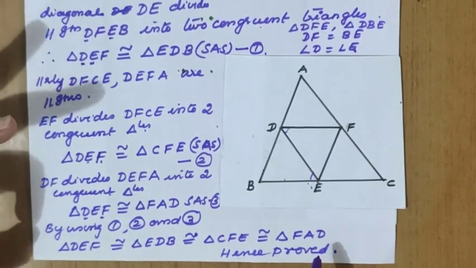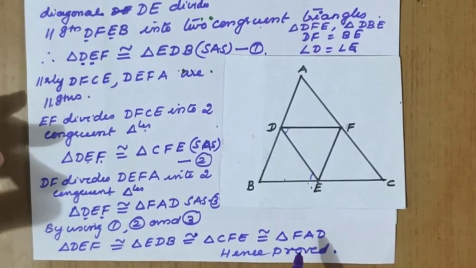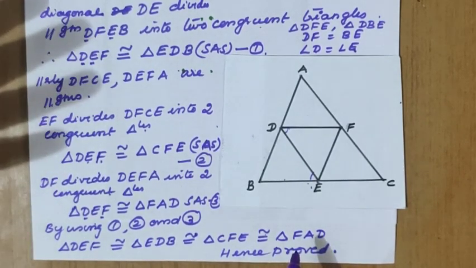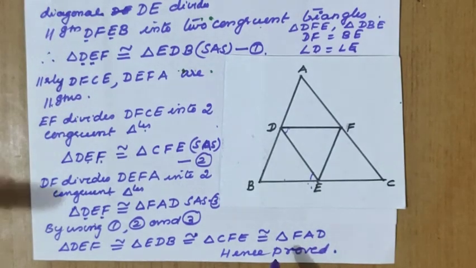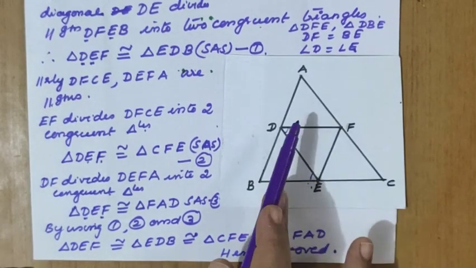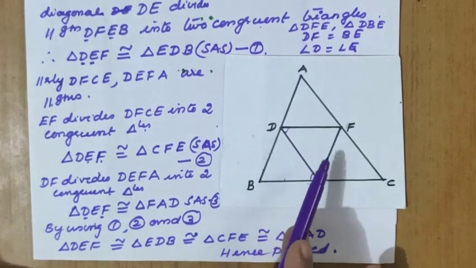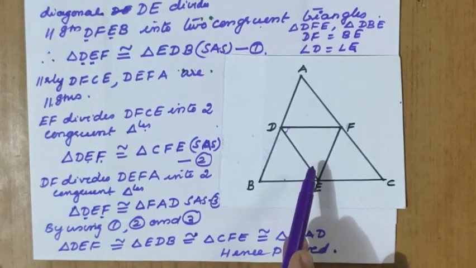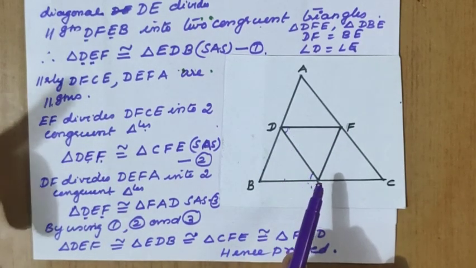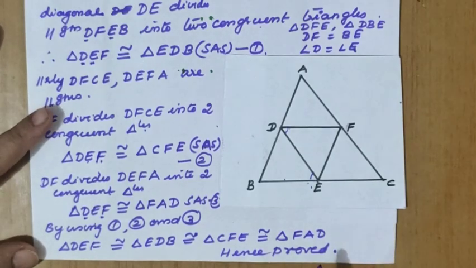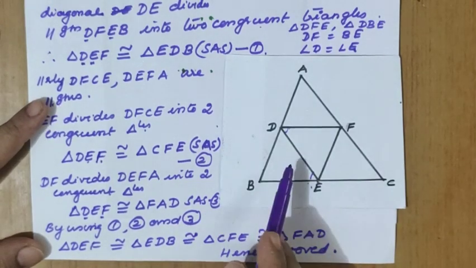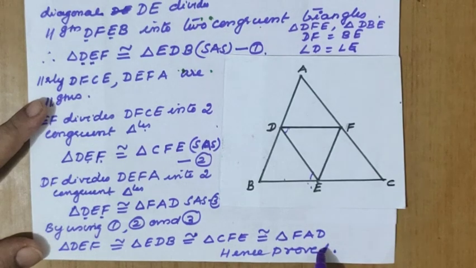And this concept you have to learn, because in this present academic year the next chapter is deleted, but the applications will come in the higher classes. When the midpoints are joined and we get a triangle, it means the triangle ABC is divided into four triangles. That concept you have to remember. So we got triangle ABC is divided into four congruent triangles.